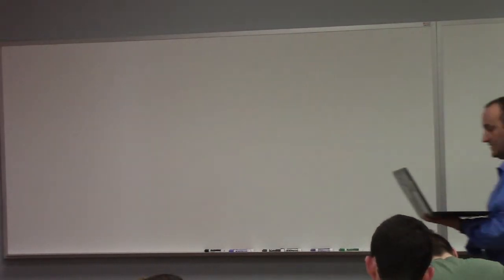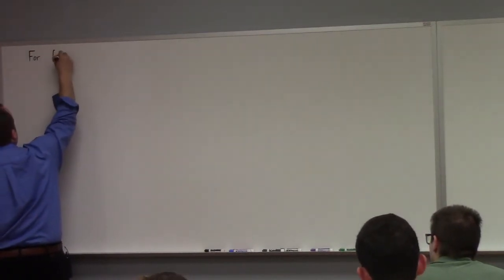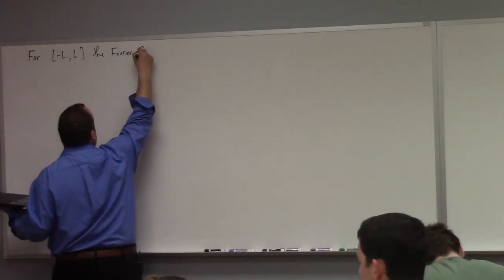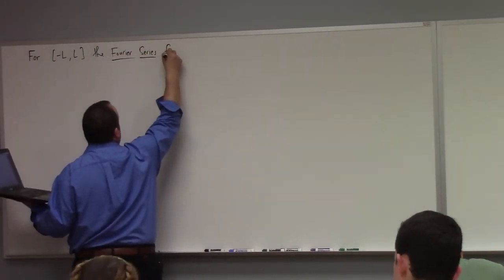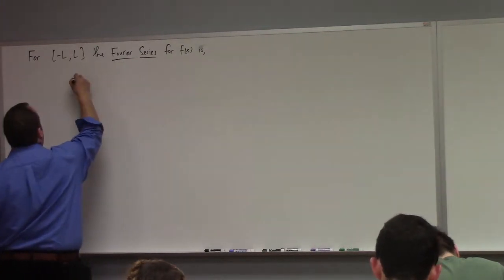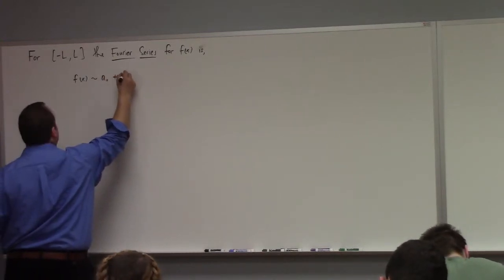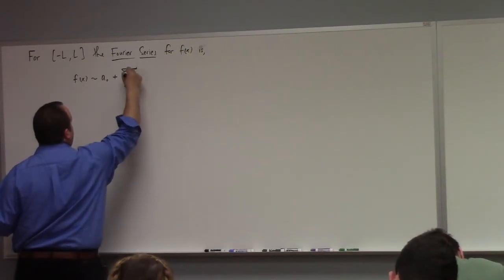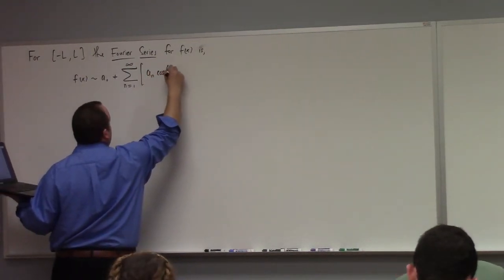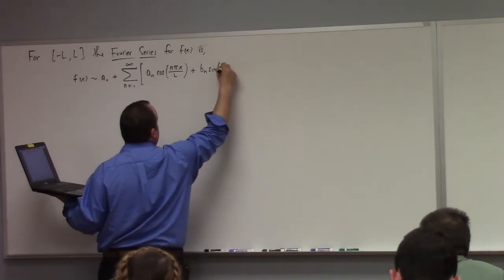For the sake of me not forgetting a convention, let's talk about the interval from minus L to L. The Fourier series for f of x is a sub 0 plus the sum from n equals 1 to infinity of a sub n cosine of n pi x over L plus b sub n sine of n pi x over L,